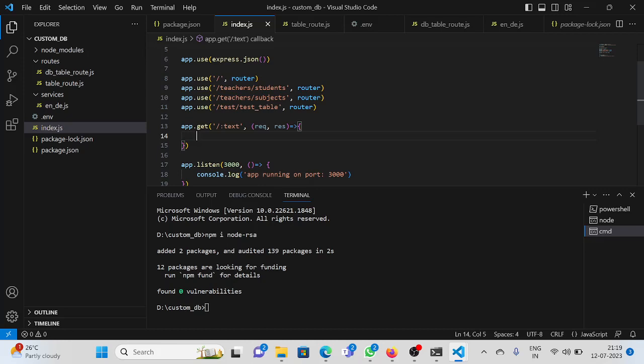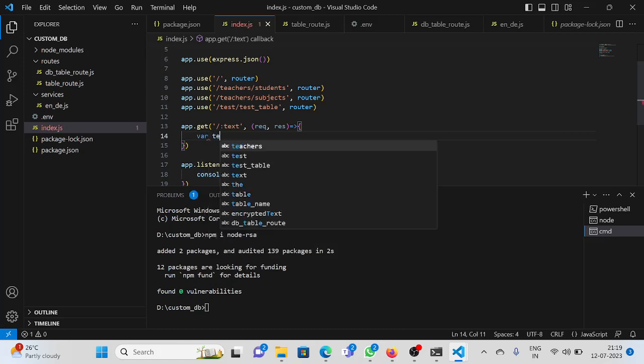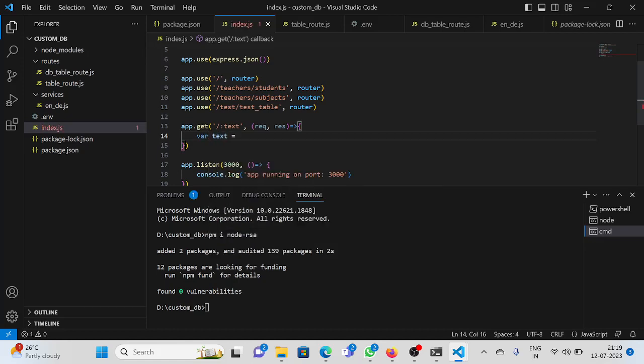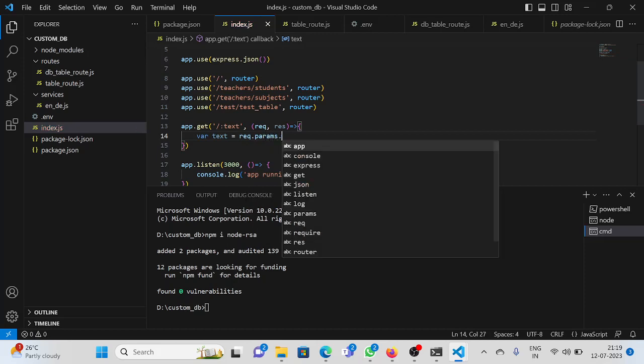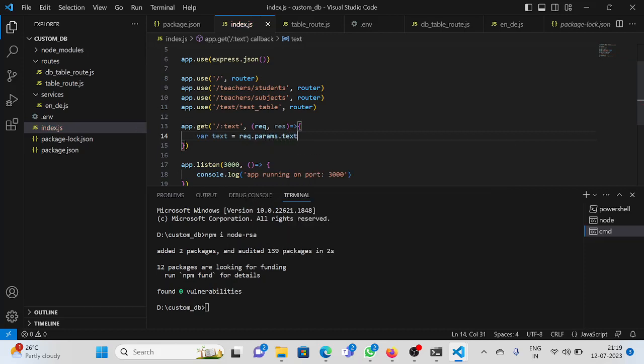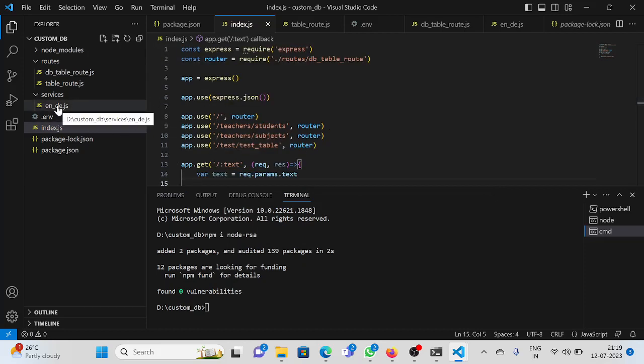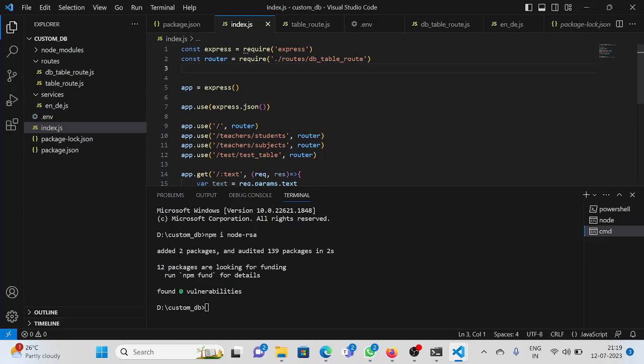Private and public. First I need to get the text, where text is equal to request.params.text. Next I need to connect this to here, right? So, constant